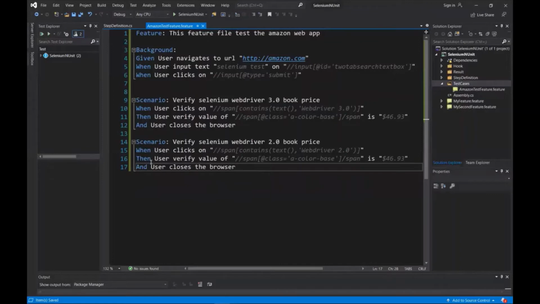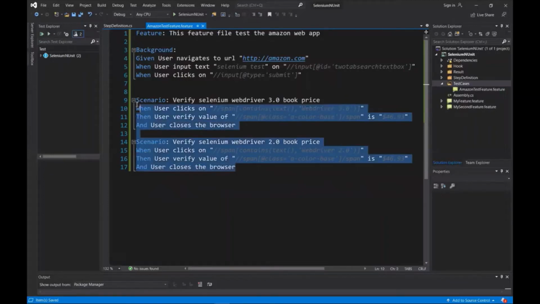Now the next thing we'll discuss is Scenario Outline. What does this keyword do? It basically helps to run the same scenario multiple times with different test data. Running the same scenario for different data by copying the scenario becomes tedious and repetitive. So to avoid that, we can use Scenario Outline. A Scenario Outline must contain an Examples section. So the scenario will run for each row defined in the Examples section.